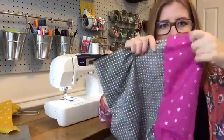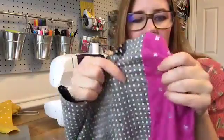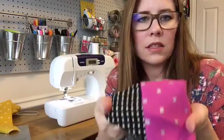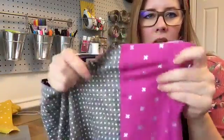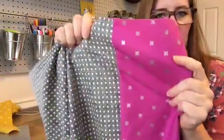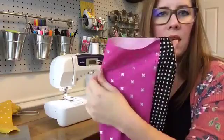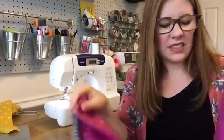All right, so this will be the inside of your pillowcase, and as you can see, your seam is totally encased. So this part on the edge is not going to have any raw edges hanging out. Isn't that nice? So easy, right? All you did was one stitch, but you encased the trim of your pillowcase. And all we have to do now